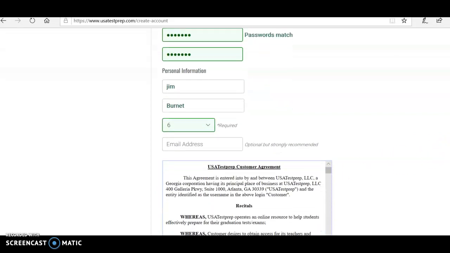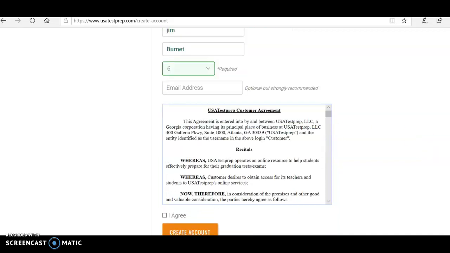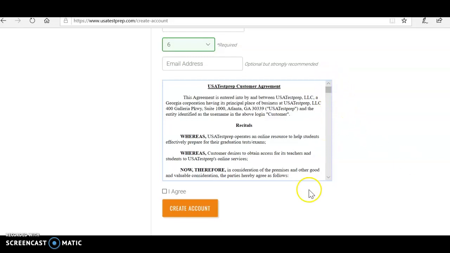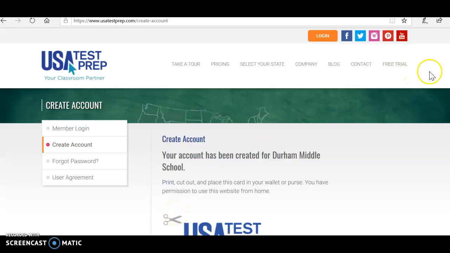We're not going to type in an email address. Notice that it says optional, but strongly recommended. We prefer you not to give out an email address here. Then there is the user agreement. If you would like to read through all of that, you can scroll down that, and then you basically want to check I agree, click on create an account, and then it says that